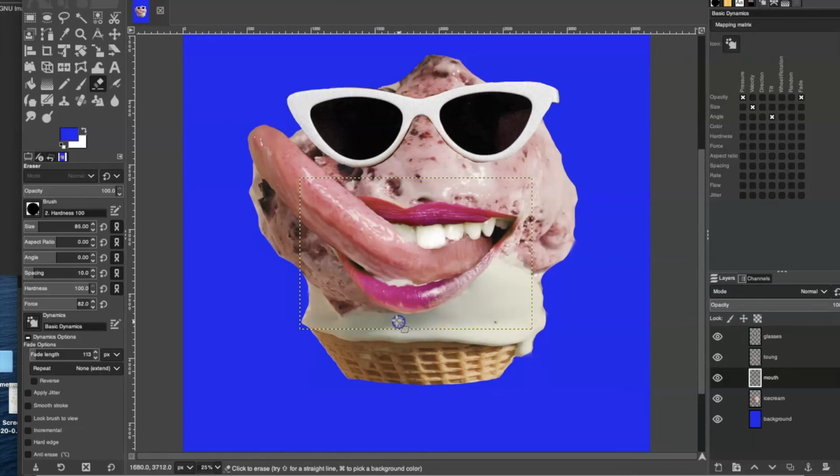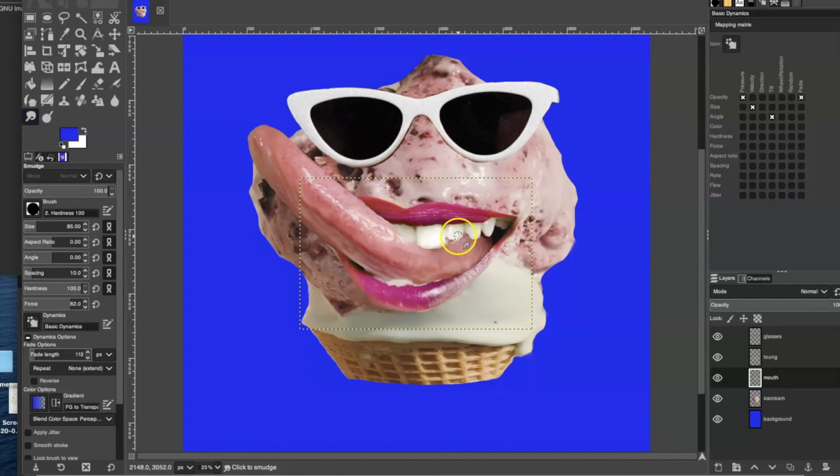And I'm just going to pull it out. Just pull off some of that white that was left on the bottom of the lip in the photograph. So that makes it fit in a little more. Let's go in and clean up the teeth some more with the smudge tool, like so. And that's where I changed the color, where I brought down the highlights, remember, just now. So I think that looks a lot more realistic,